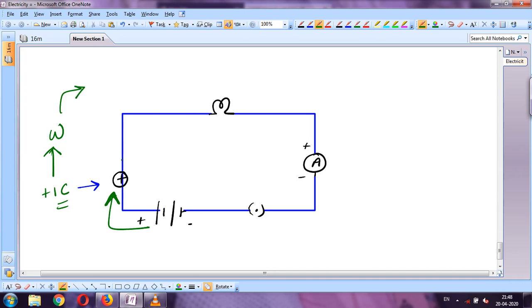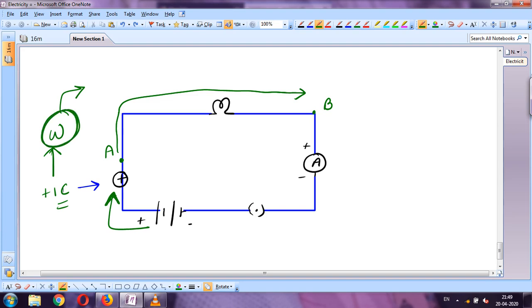Before I complete, let me take 2 points. Suppose this point is B and this point is A. Then during the journey of charge in this direction, it will pass through A and B. But we will talk between A and B. It will pass through A and B, and ultimately it will go to the negative terminal. But here we will talk about what type of motion it was performing from A to B. So when it starts from A and starts going towards B, you know that some work will be done,